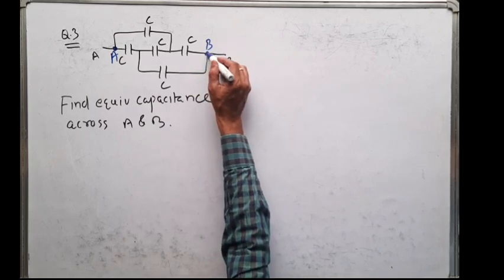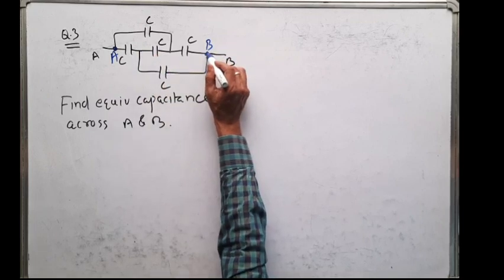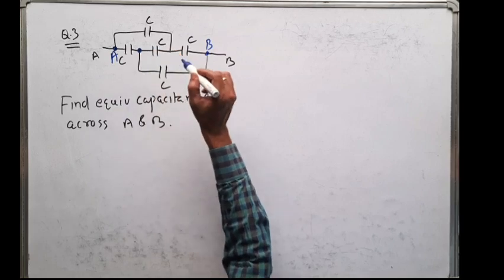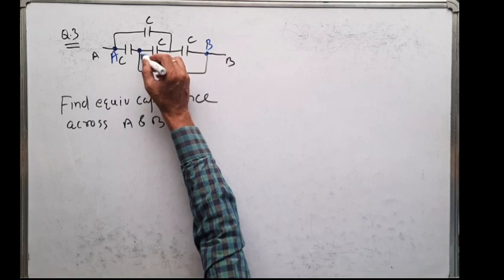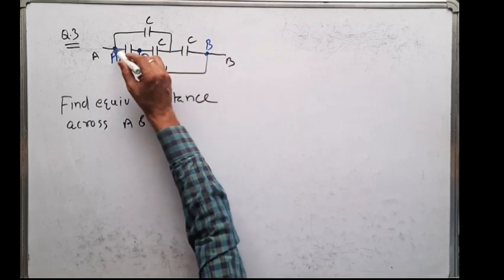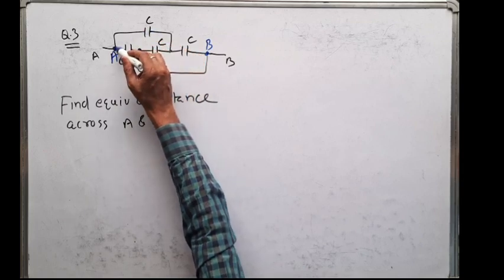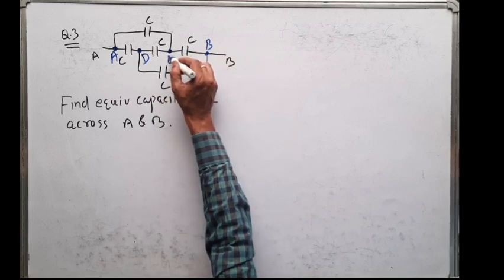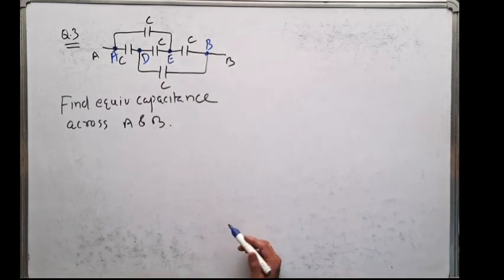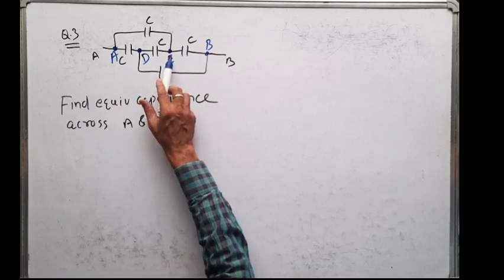Now you see, from this point to this point, there is a capacitor. So you cannot say the potential at this point is equal to the potential at this point. So if I take this point as B, this point is another point, let us say D. And here this point and this point are connected through a capacitor. So if this terminal is A, this terminal will never be A, and it will also not be equal to B. So it is some other variable, let us say E. Now I have 4 variables: A, B, E, D.